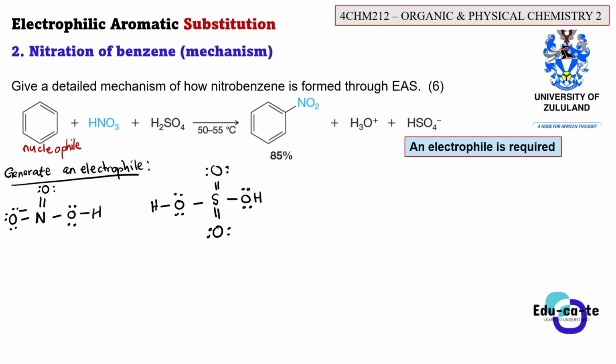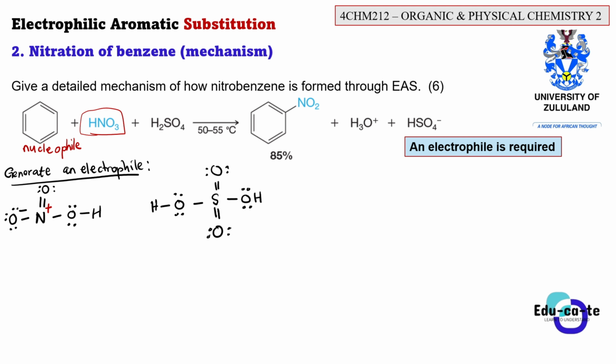Okay, so now what will happen here? We have to look at this. Why did we even use H2SO4? It is because we actually want to kick out this OH, right? And we cannot kick out this OH because OH is not really a good leaving group. By the way, here there's a positive formal charge on the nitrogen, so that this can be neutral as a whole. Because there's a positive and a negative, this HNO3 is a neutral acid. It's a compound per se.